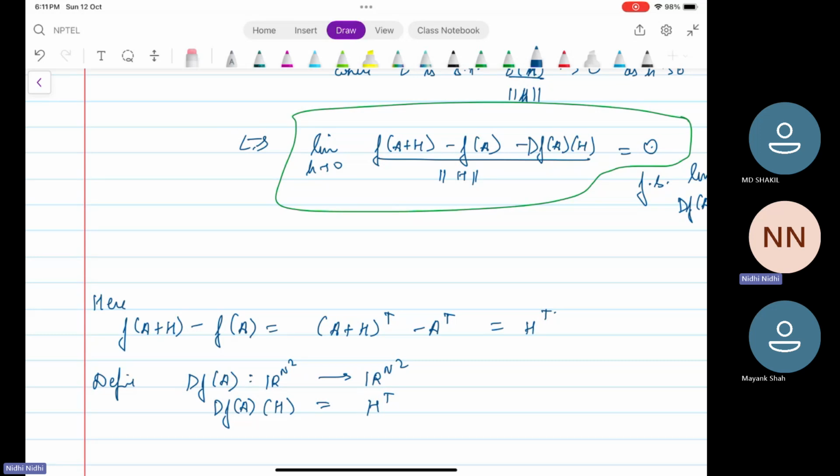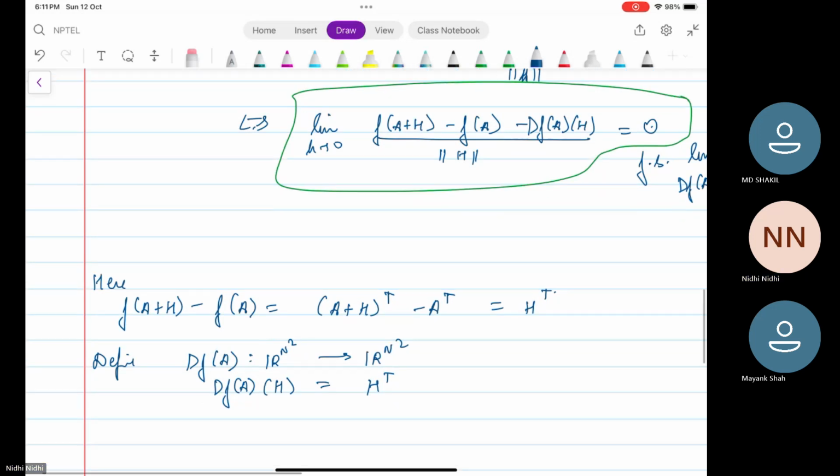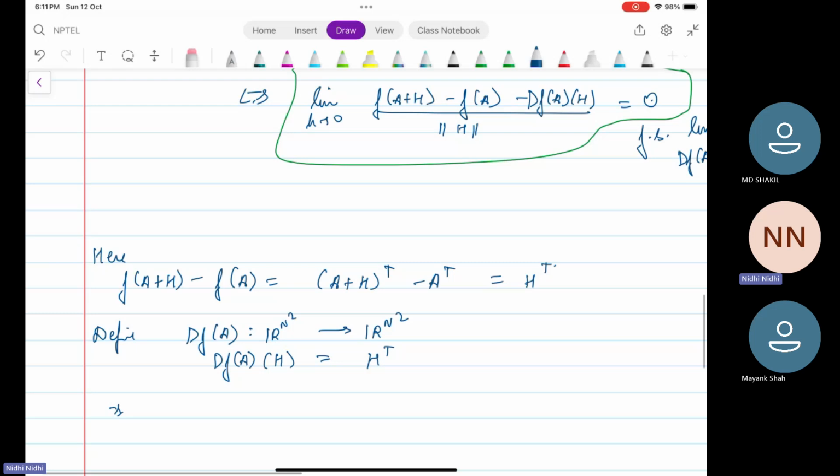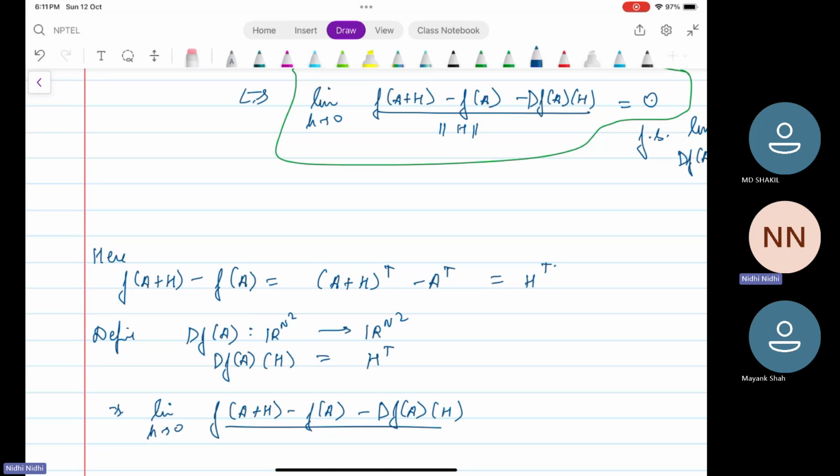This dfa is the same transpose map. Then the limit as h tends to 0 of (f(a+h) - f(a) - dfa(h)) upon norm h is equal to, so the numerator is 0, so eventually everything is 0. Now since this is a linear map,